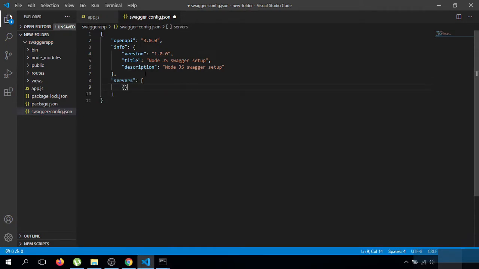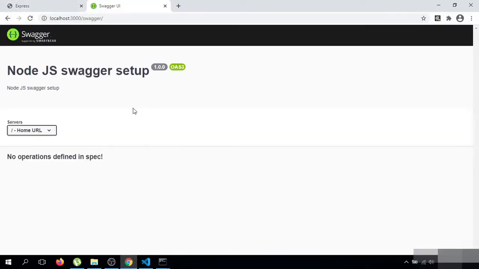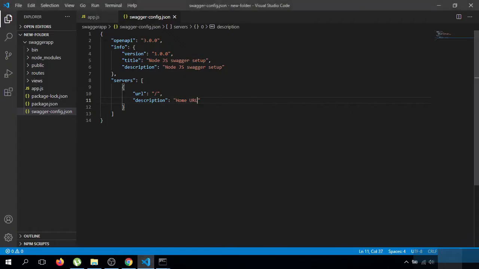Now in servers we can pass multiple parameter. See that this server property has been created a drop down in our Swagger URL.